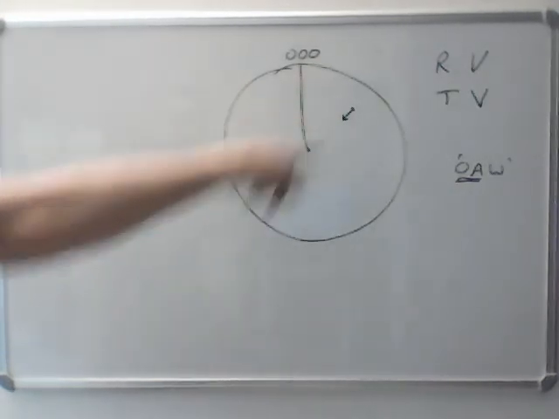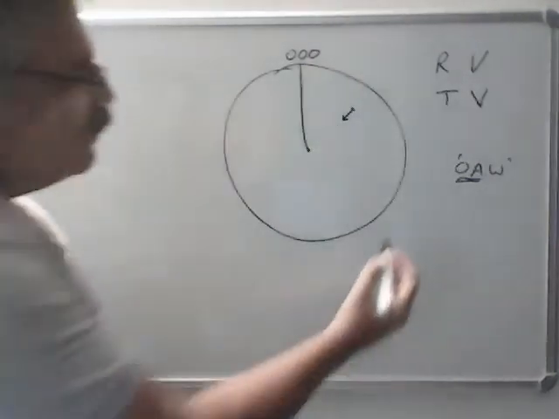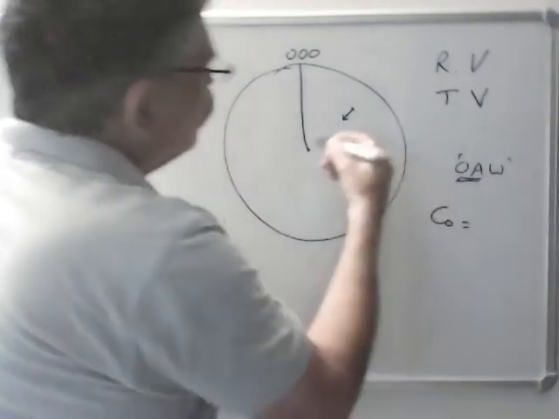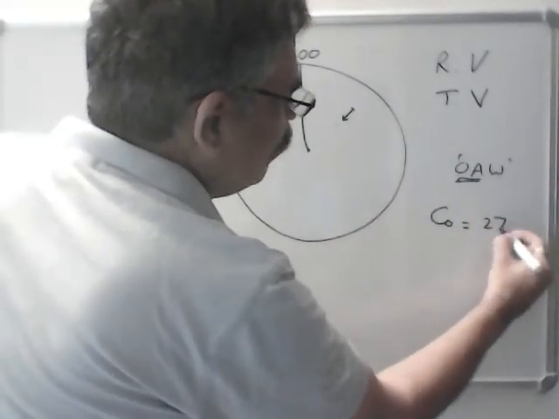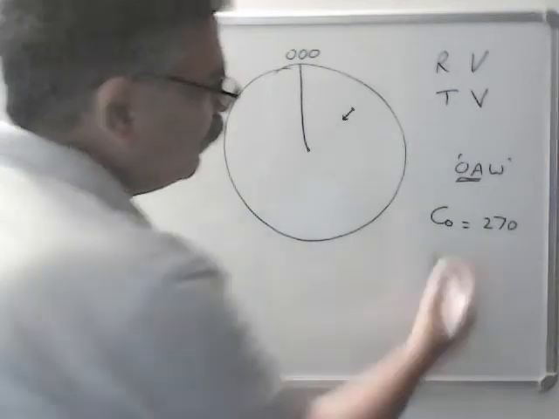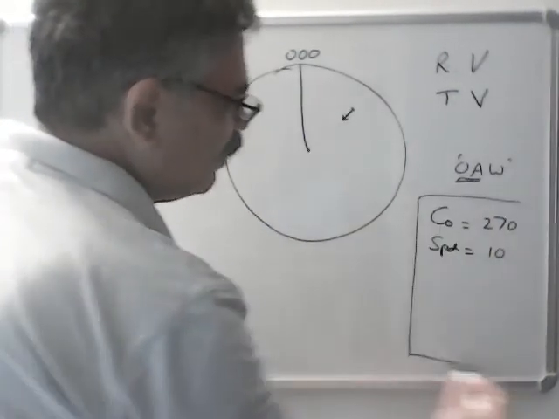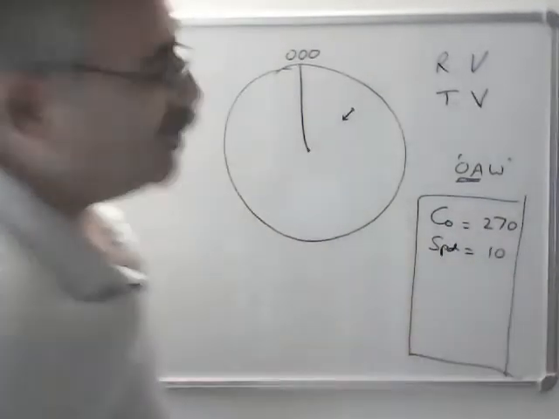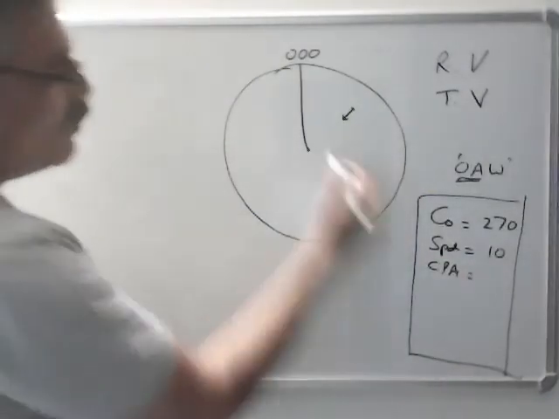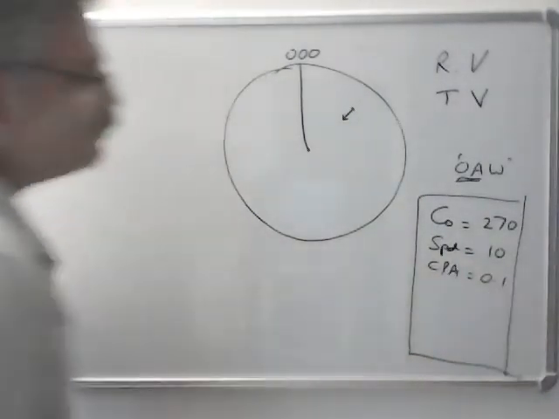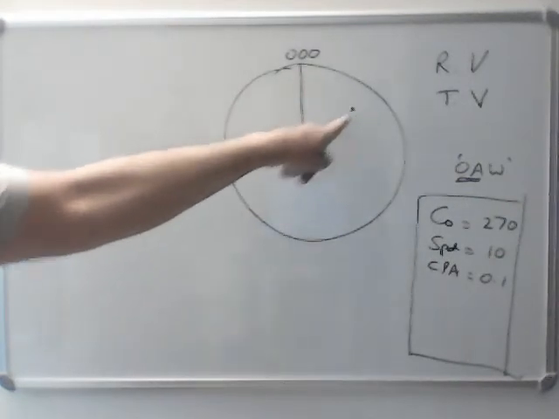Now, if you acquire this type of target where the relative vector is pointing towards the center, you will get the course of the target, which could be, let's say, 270. Target has already been acquired. Speed of the target, let's say, you will get 10 knots. So all this information you will get in the window here because the target has already been acquired. And the CPA. In this case, you might get a CPA of almost 0, 0.1, whatever. Because you can see the relative vector is pointing towards the center.